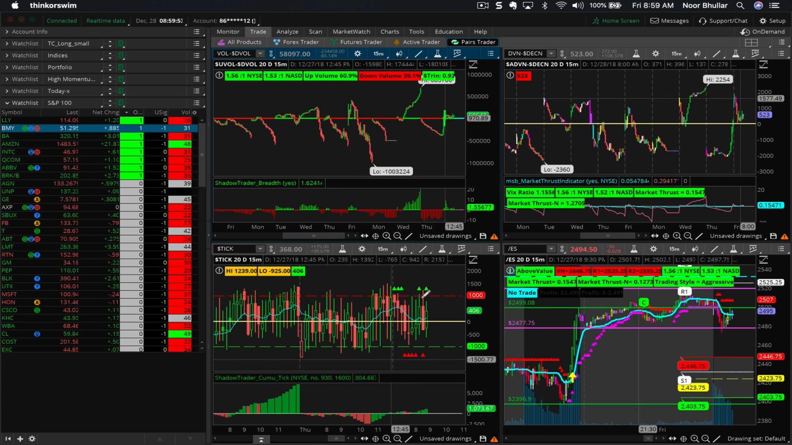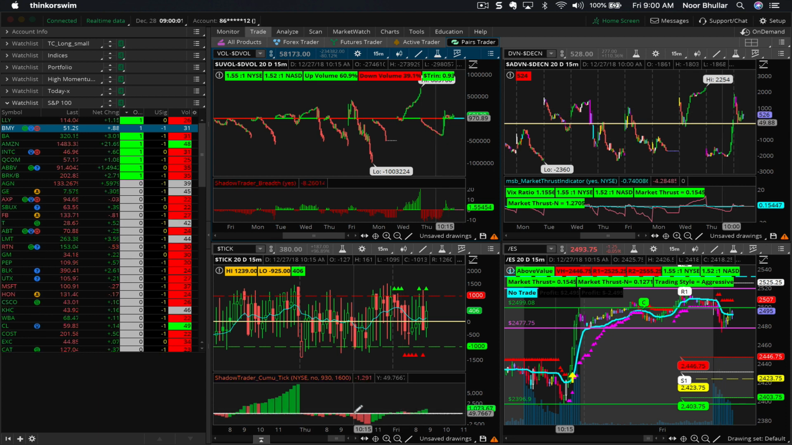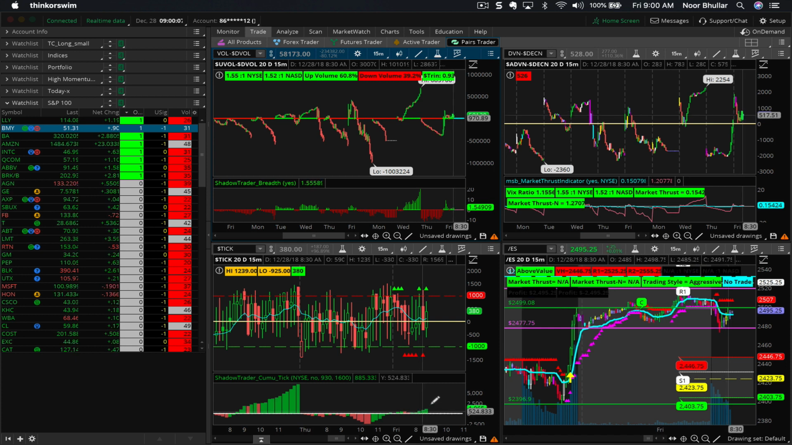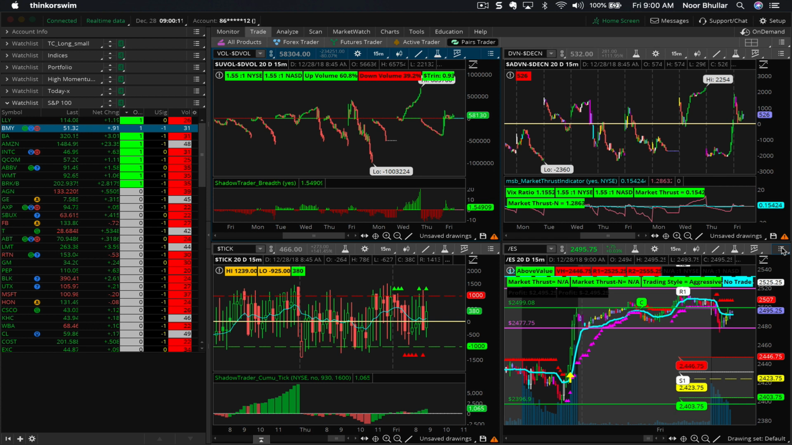And the other thing here is the tick chart, right? The histogram here accumulates the ticks. Yesterday, for most part of the day, it was negative, then it turned positive, and today it hasn't gone negative at all. This is actually flowing in the positive direction. And last but not the least, let's take a quick look at